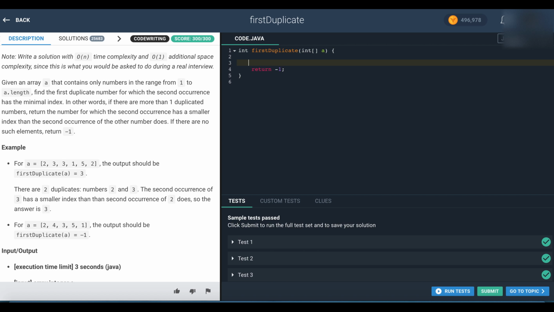Now let's think of some other approaches that we can use to actually solve this. The other thing would be, we cannot make the set, but what we can do is